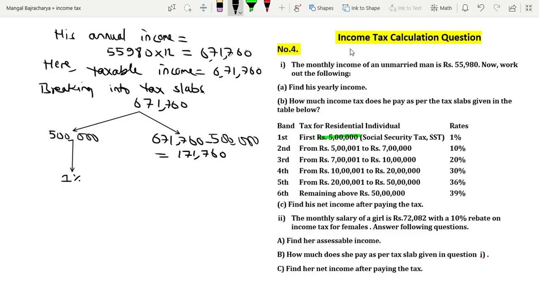And now for the second slab, which is from 5 lakh 1 to 7 lakh of the taxable amount, we have here 1,71,760. For this, the tax rate under this slab is 10%. So here the tax rate is just 10%. So you can calculate in one single line directly. So we say here total tax. Total tax calculation is equal to,